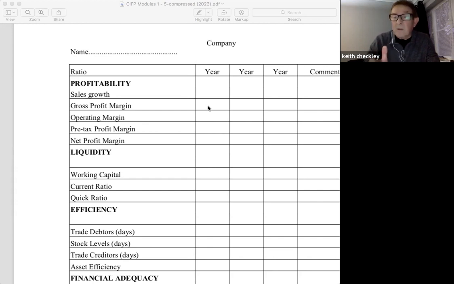Now, I don't know what your instant reaction to that is, but it's quite low, isn't it? However, you have to bear in mind the nature of the business. So what you need to do is try and compare that with your experience on other wholesalers, because don't forget, they're buying these goods in, but then they're going to have to on-sell to retailers. So the margin in wholesaling generally is quite low. So 10% there. Operating profit coming down a bit further to 3.7, pre-tax at 2.8, and net profit 1.9.